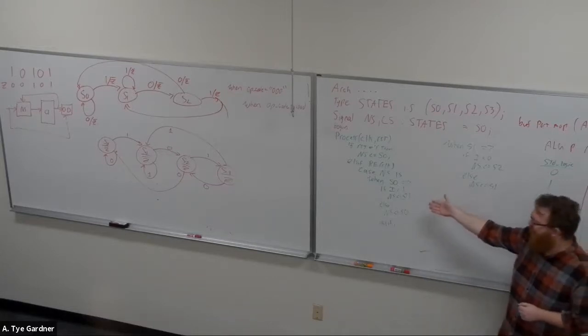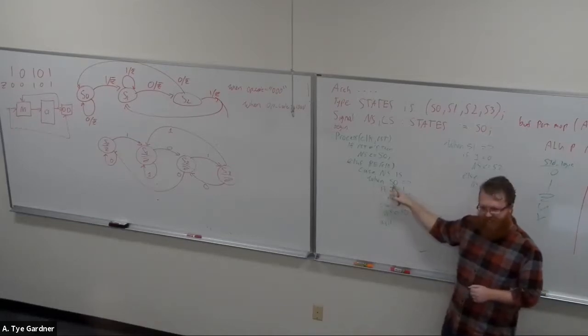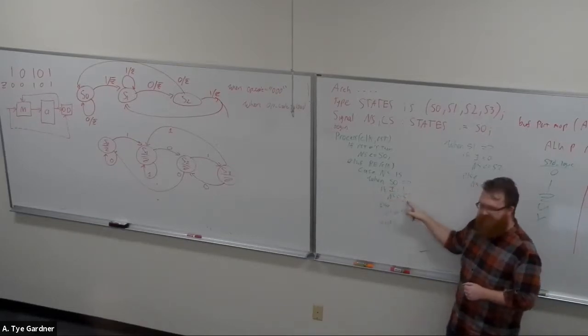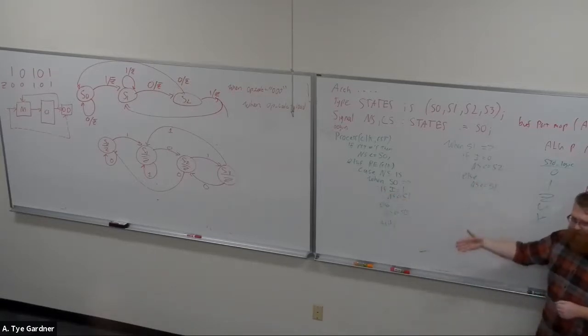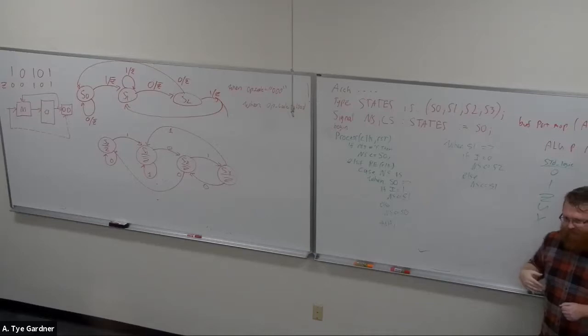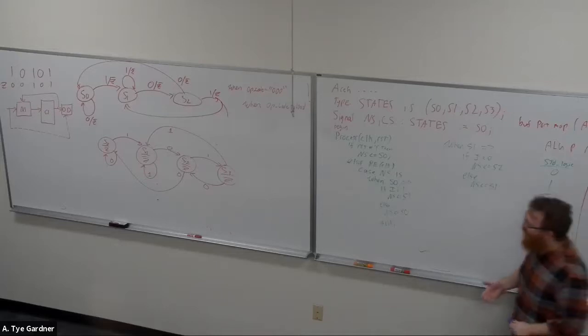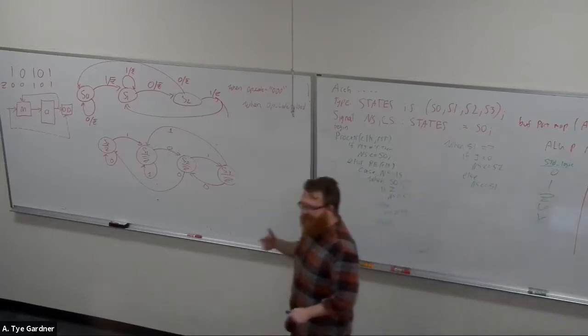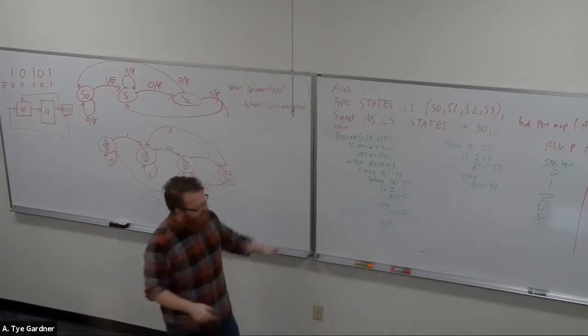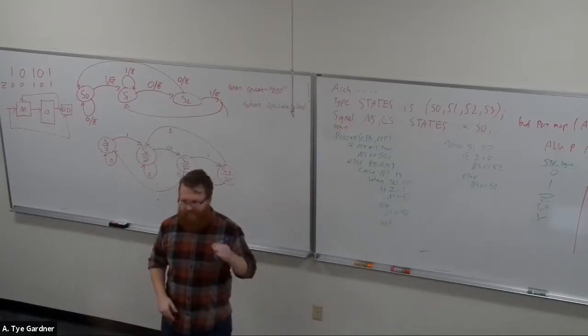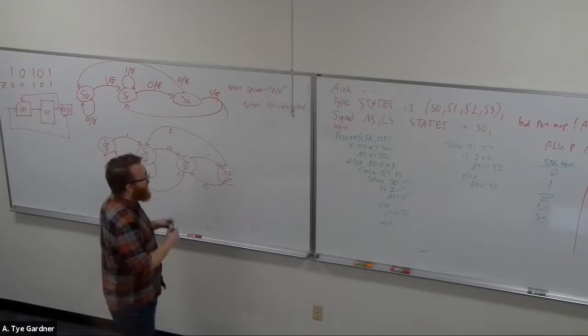Because if I just put current state, then I evaluate the current state, which is S0, and I update current state to S1, and then on the next rising edge of clock, I evaluate the current state that I'm in, which is S1. Unfortunately, it doesn't work like that because of the way that the timing diagram works out, okay? And the timing diagram in Vivado is the entire reason that I'm listing this as next state, so that I can talk about this next part, where